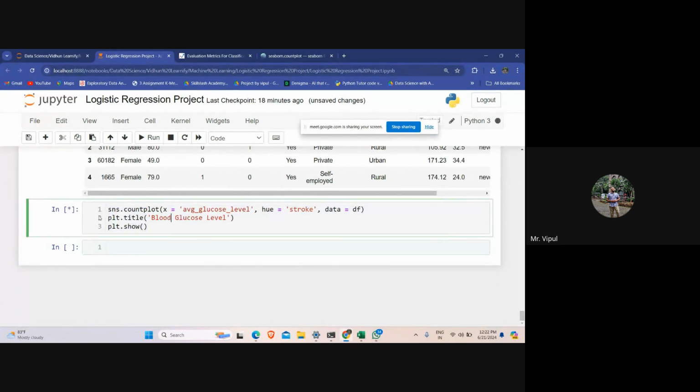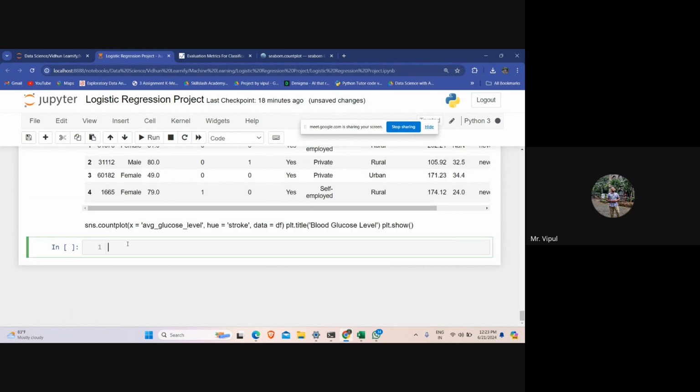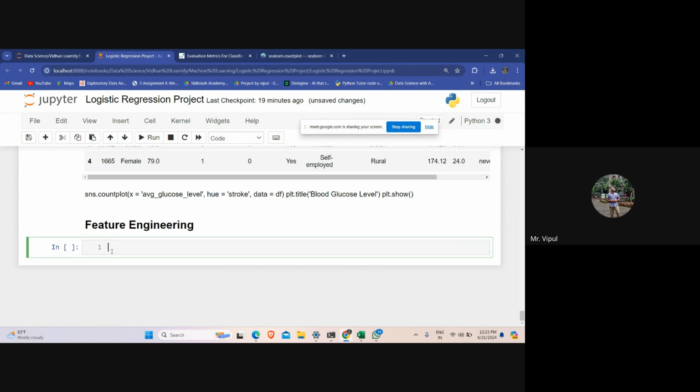This takes time, that is the reason इसको बहुत टाइम लगेगा generally. So we'll just comment this. That's all. Now we'll go with the feature engineering, which we have not studied. If you see df.head,